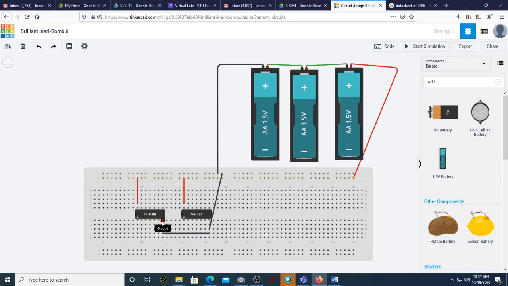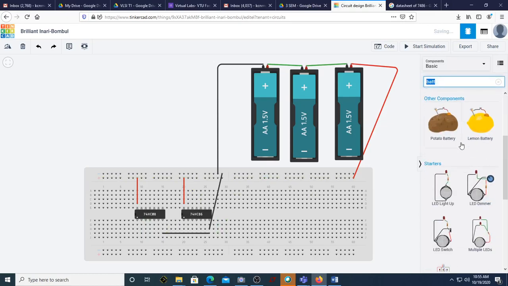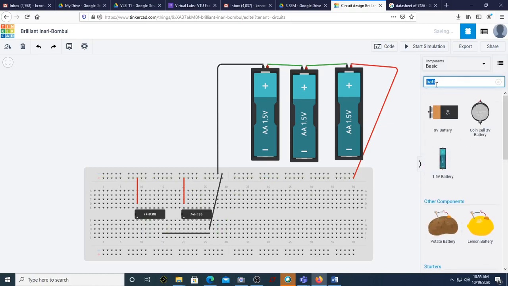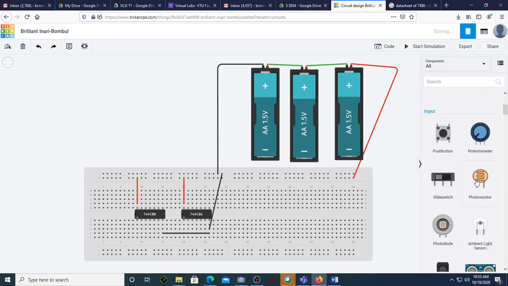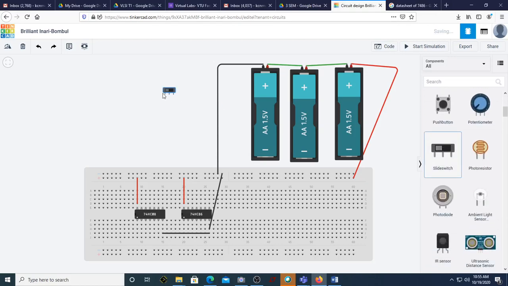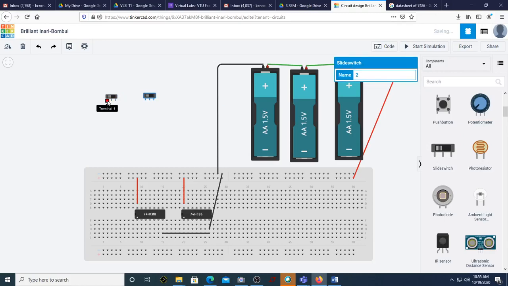Next I need to connect the inputs. You can have a battery here or a switch here. I will go for the basic thing. You can see there is a switch here. This is a slide switch. I can take two slide switches for my input A and input B, so that I make one of the terminals VCC and the other one ground.